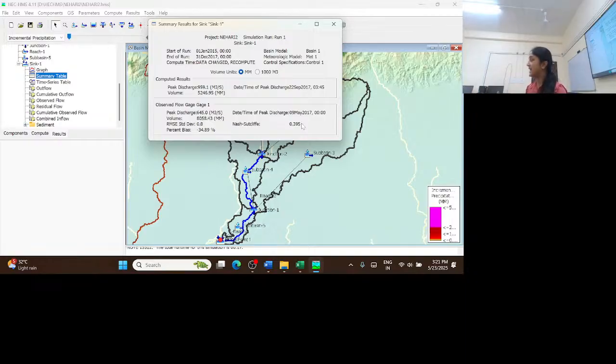Calibration is an iterative process. We have to now change different parameters. We will play with those parameters and check whether the calibrated result is